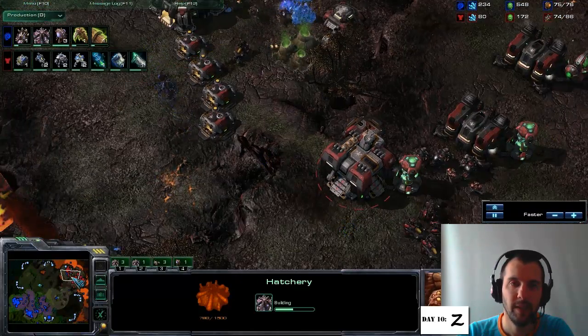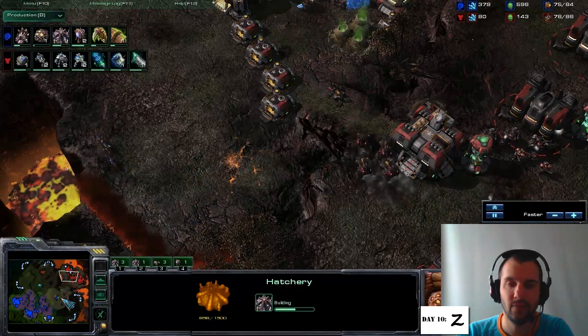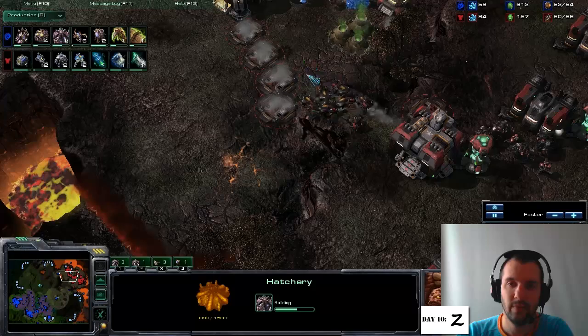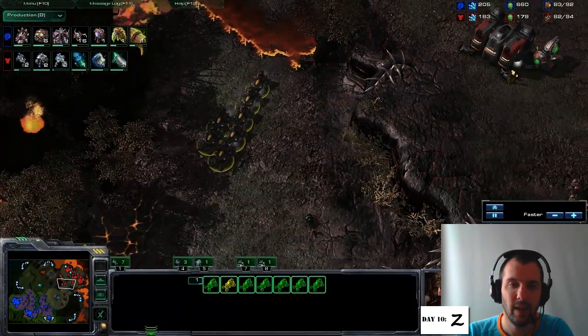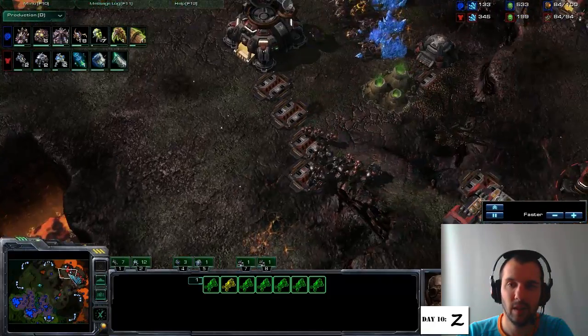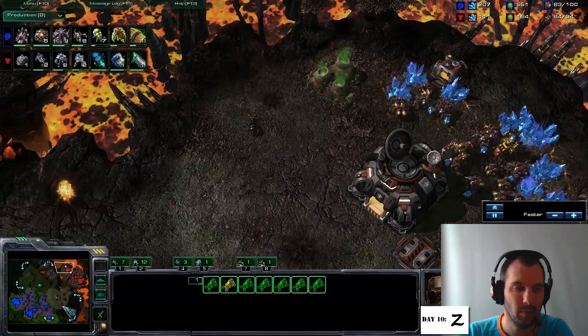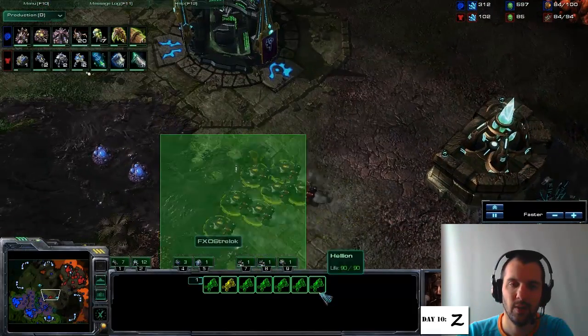And that means that he's not really behind yet. It just means that he needs to take care of that. He needs to not get further behind. But he does have quite a lot of these Hellions going. 7 Hellions. There are probably 8 on the map though. Or he lost one, or he produced one before attaching the...